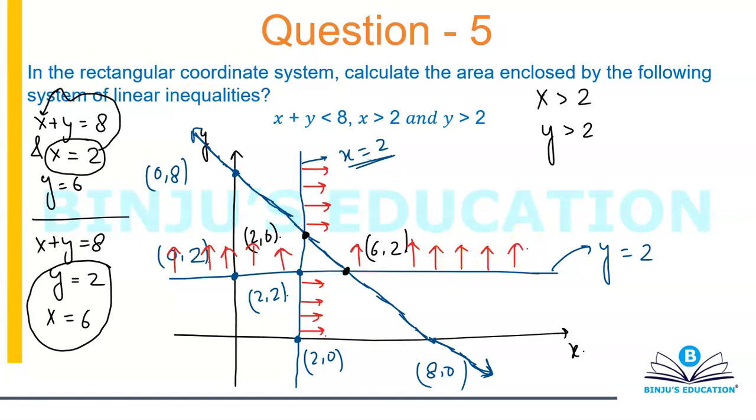Now comes the third line, which is x plus y is less than 8, or better write it this way, that y is less than minus x plus 8. Basically subtracting x on both sides, because adding and subtracting does not change the sign of inequality. We all know that. So y will be less than minus x plus 8. Whenever y is less than, then you take the region that lies below the line. So this is the region.